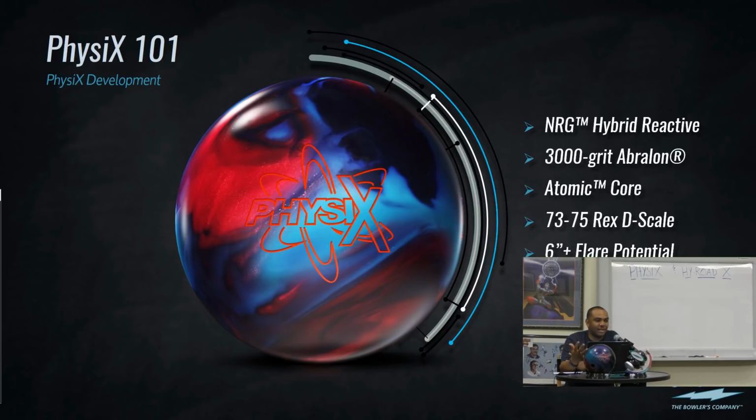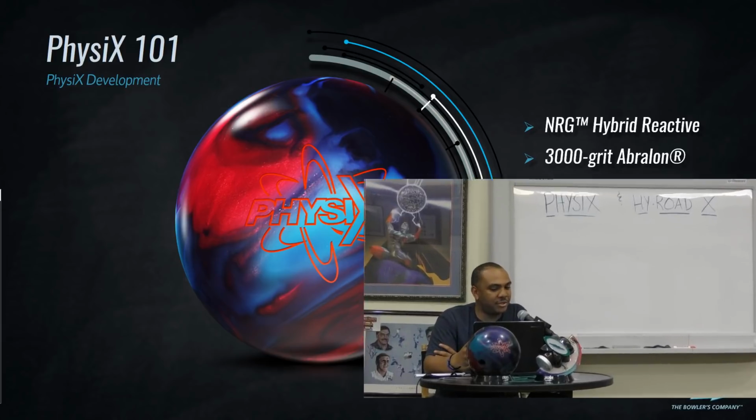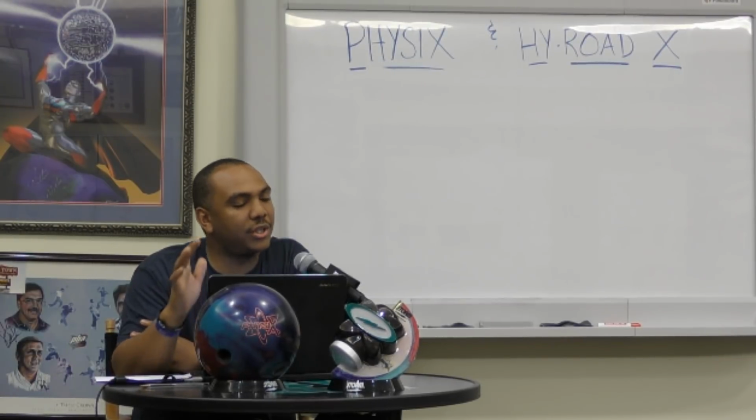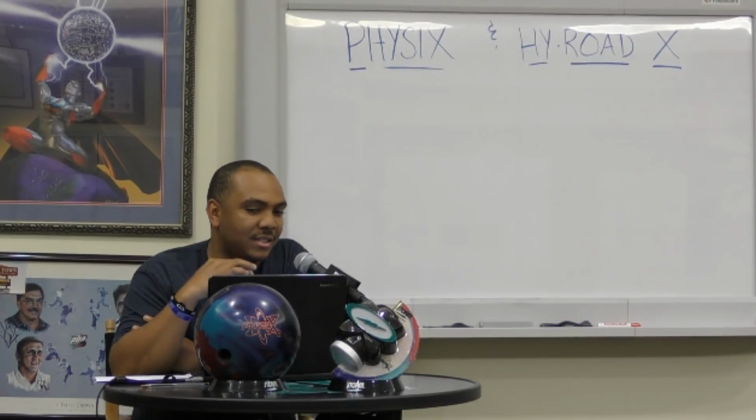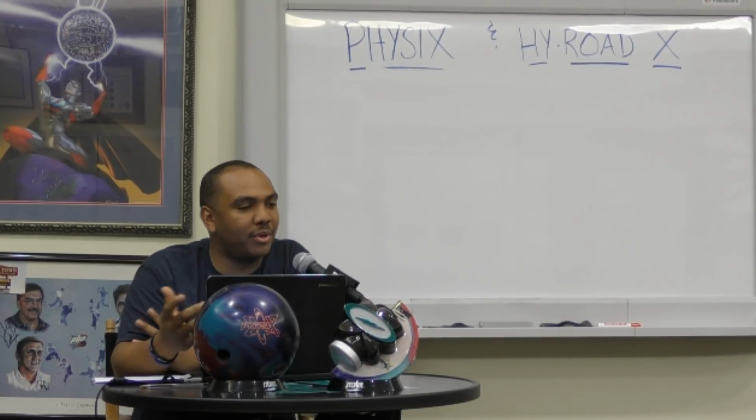So the beauty of especially this ball itself is it does take a lot of surface changes. I also did throw a little bit of 4,000 polish on it, and it's just very smooth, extremely smoothly controllable. So I've found many surface successes with this ball thus far, and I hope you guys can as well.